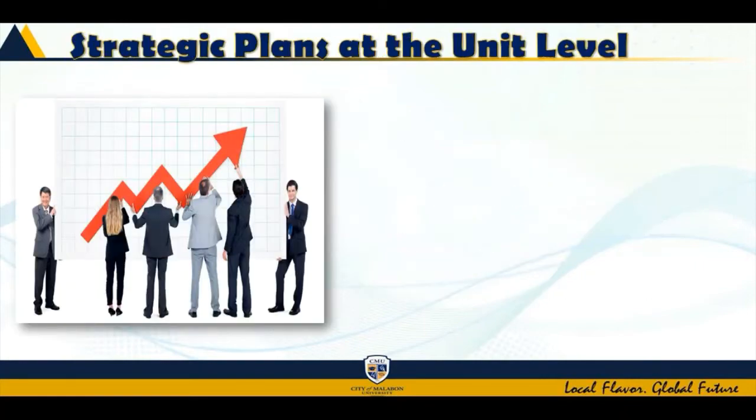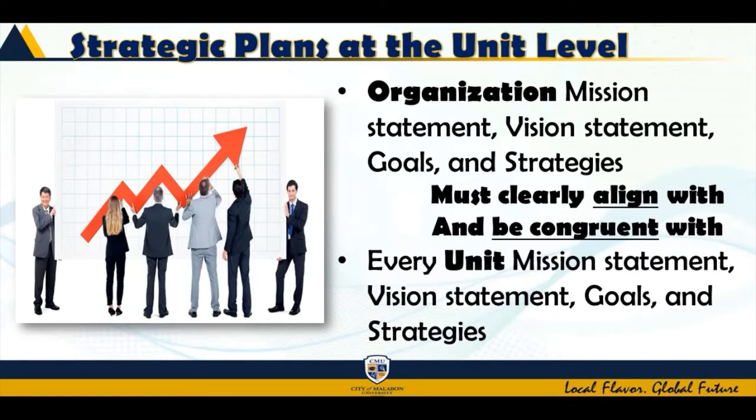How is strategic planning at the unit level? Again, an organization needs to have a mission, vision statement, goals, and even a strategy. It must be clear to them what needs to be done, and what the things are that the employees need to work on. So every unit has a mission statement, vision statement, goals, and strategy. From time to time, they need to be reminded about these statements so that they can work on the different strategies on how they achieve them.